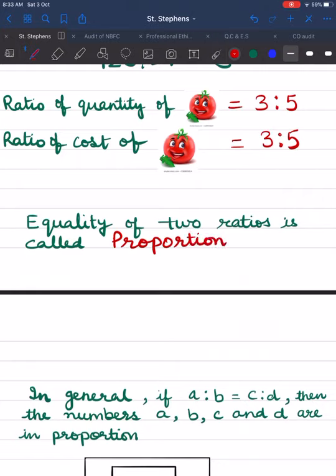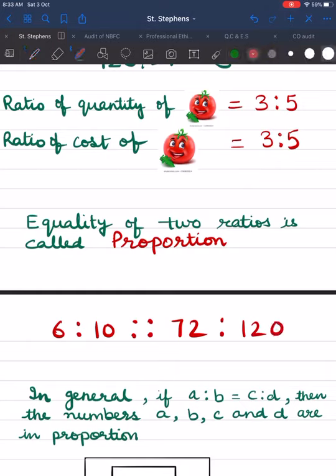In the above example, 6:10 is in proportion to 72:120. Now here the two colons stand for proportion and they separate the two ratios. Children, it is not necessary that all the terms forming a proportion are of the same kind. The first two terms must be of the same kind and the last two terms must be of the same kind. So in our example also, the first two terms represented quantity of tomatoes and the last two terms represented cost